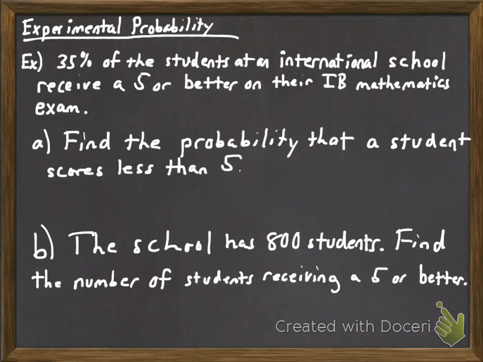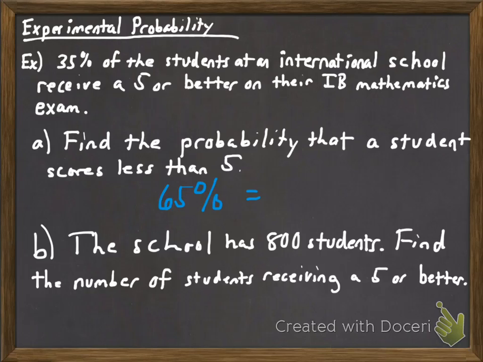All right. Now, we don't know how many students are in the school in this part. You see already for part B that we will know that, but let's pretend we don't. If we want to find the probability the student scores less than a 5, we need to look back at what is the probability that they will score at least a 5. And 35% of the students will score a 5 or better. That means the remaining 65% will score less than a 5. So you could write your answer as 65%